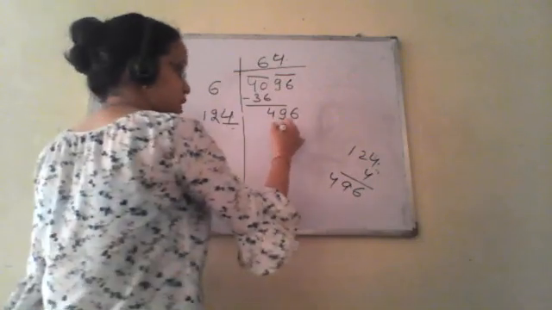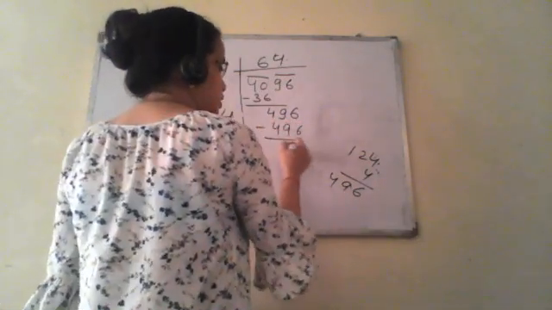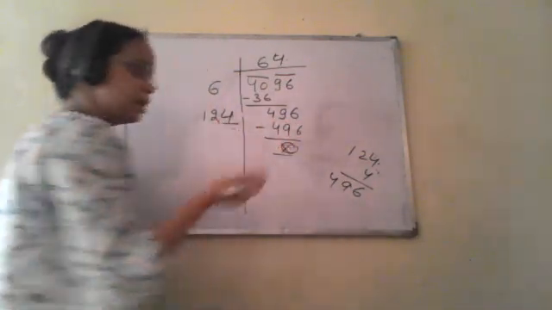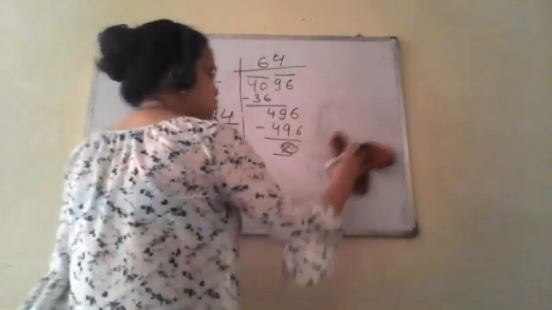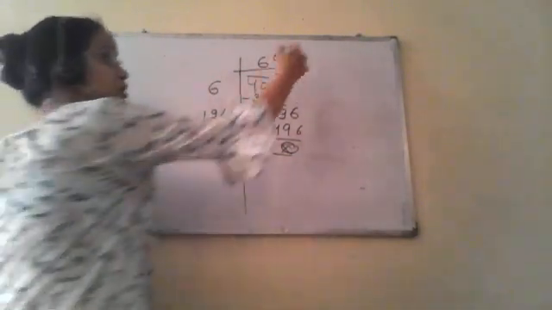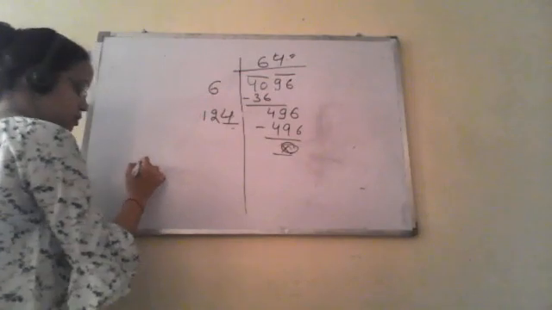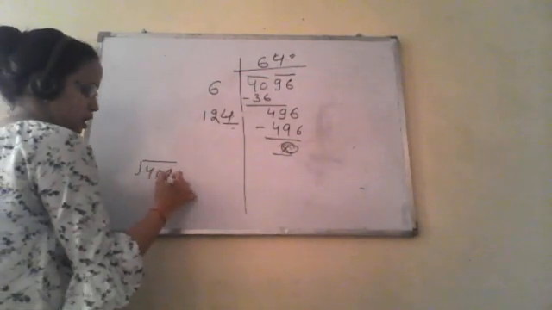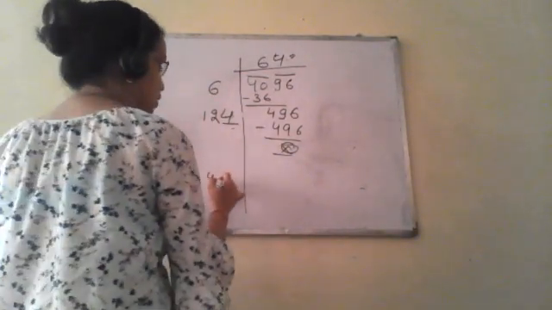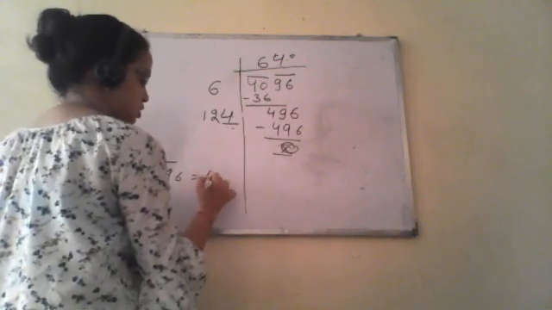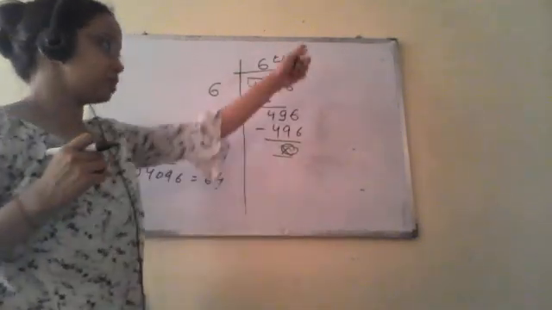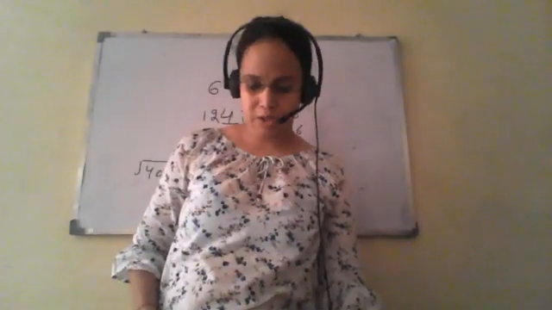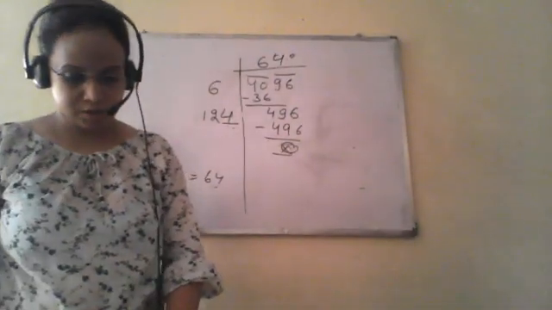So we subtract 496 and we get the remainder 0. We get nothing as remainder. So what is the quotient? This quotient is the square root of 4096. Clear? This is 64. Whatever the quotient is, this is the square root of the given number. So this thing is clear.